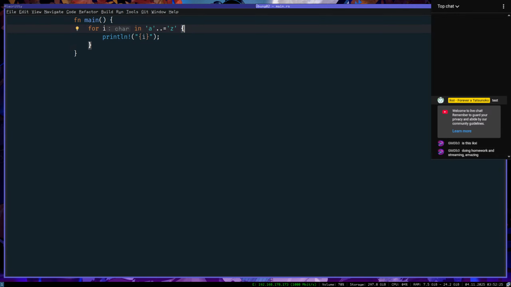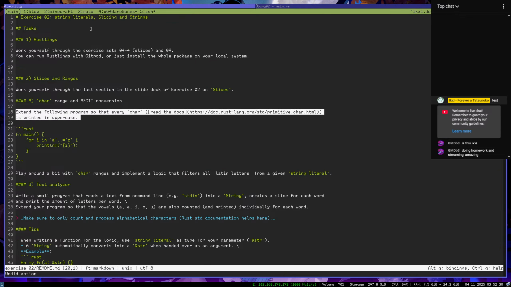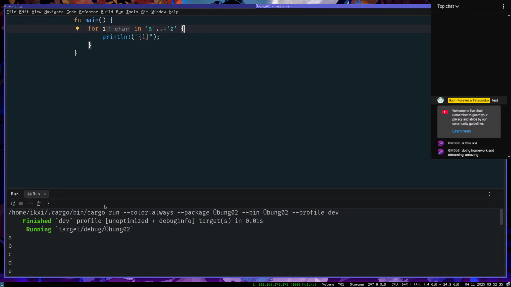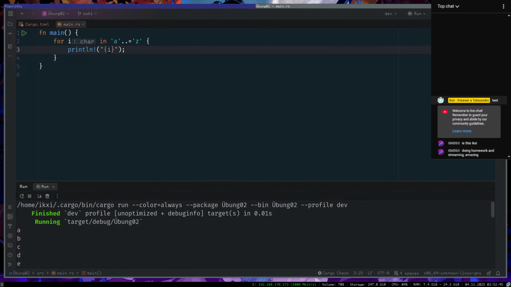Okay. So, extend the following program so that every char is printed in uppercase. What the program currently does is it just prints every char. Can I first do this?